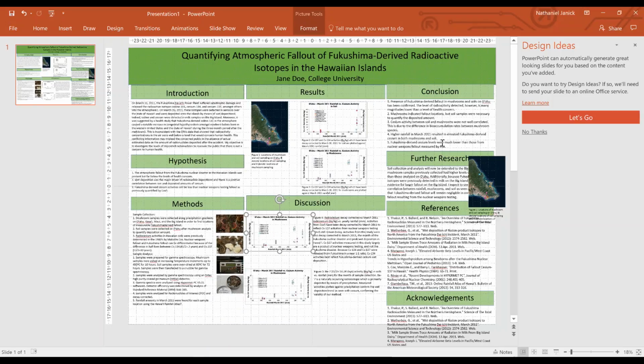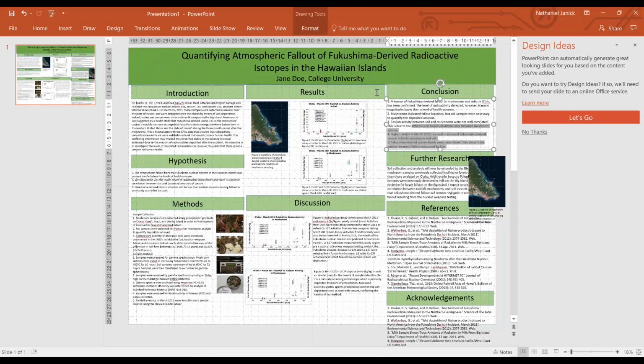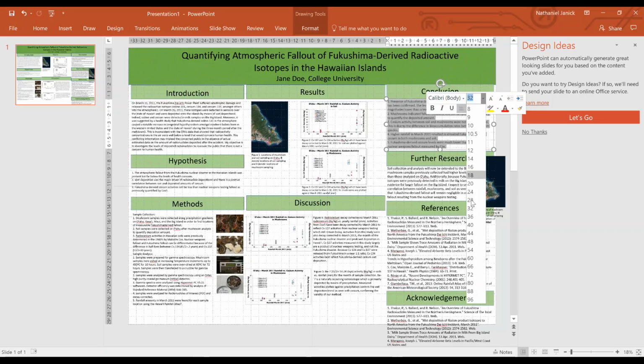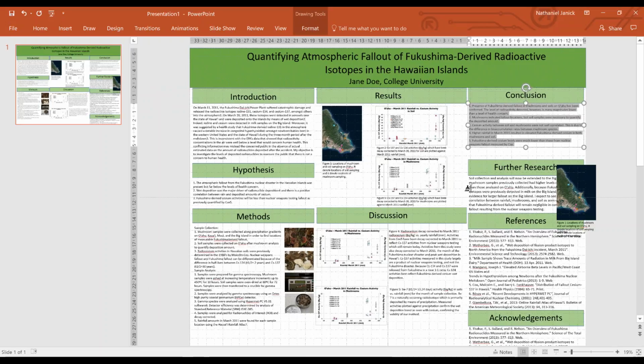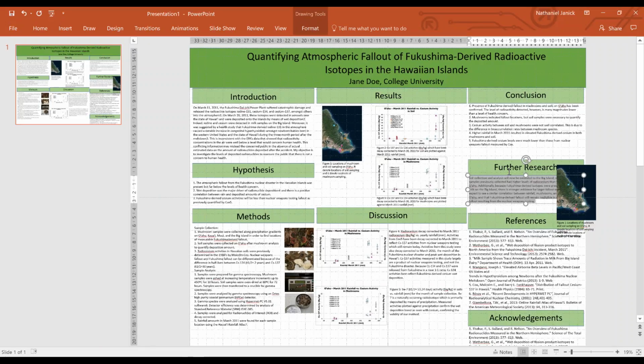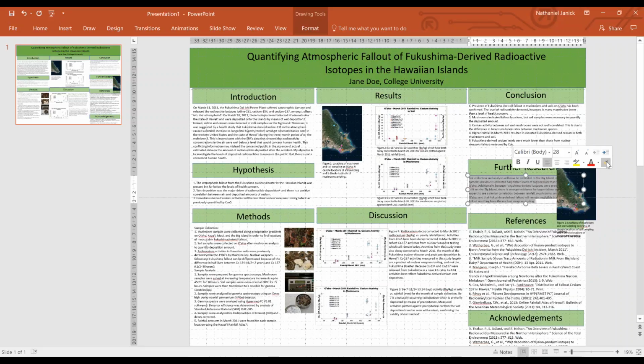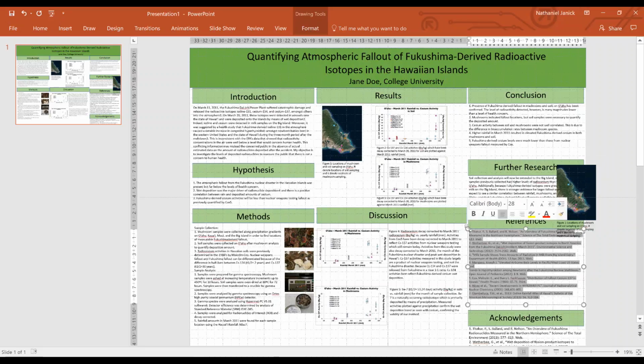Since we changed the font over there, we're going to change the font here too. 28. And 28. So now that we have all of that,